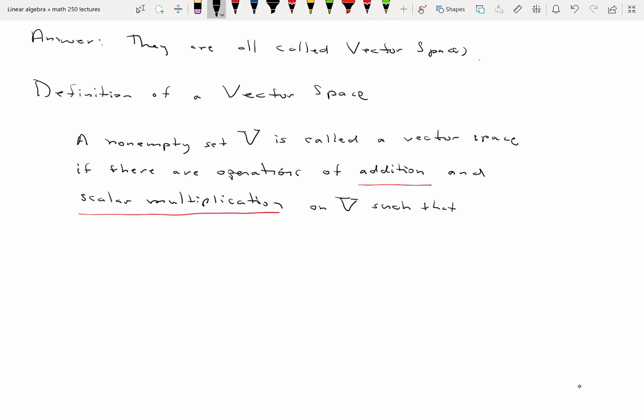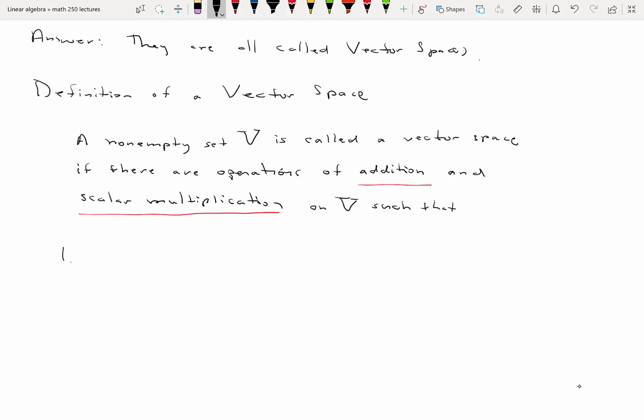It involves scalars. Scalars are real numbers, but it's multiplication of a scalar and some abstract quantity we're calling a vector. Okay, so don't get lost in this. We'll look at this some more. So it's a non-empty set that has 2 operations on it, addition and scalar multiplication, such that 8 things have